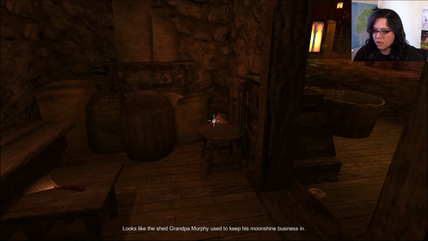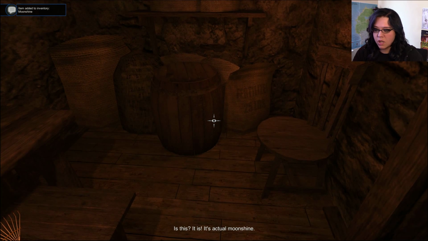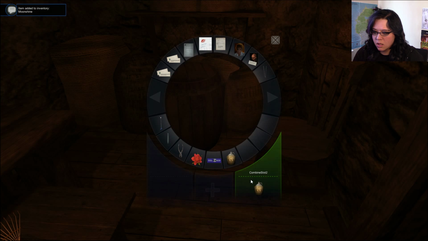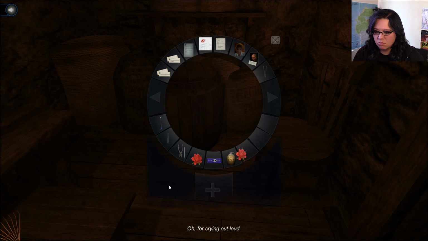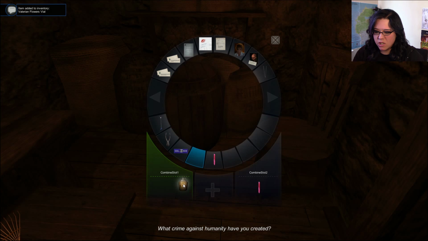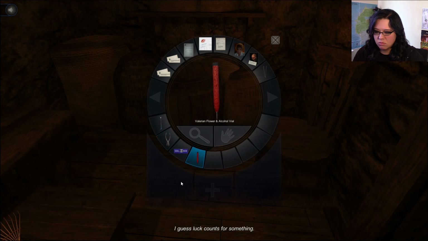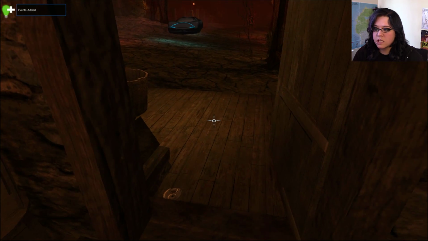Looks like the shed Grandpa Murphy used to... Is this? It is. It's actual moonshine. Okay, so I put that in the vial. Oh, for crying out loud! I put the flower in the vial. What crime against humanity have you created? Now do I put the moonshine in the bottle? I guess luck counts for something. Alrighty. So, what was I supposed to do with that? I need to place this in a chemical mixer to create medicine for Manta. Okay. Don't see anything else in here, so...